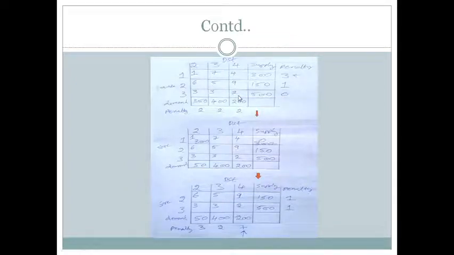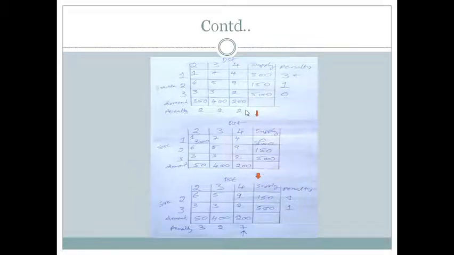2 and 3. Okay, 2 and 3, it should have been 1 here. There is some mistake here, kindly ignore that. Then the column penalties: 1 and 3 is 2, 3 and 5 it is 2, 2 and 4 it is